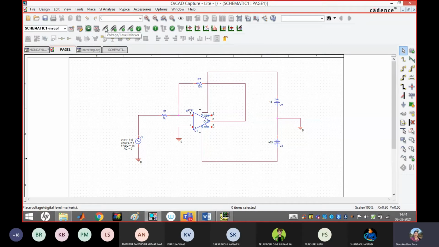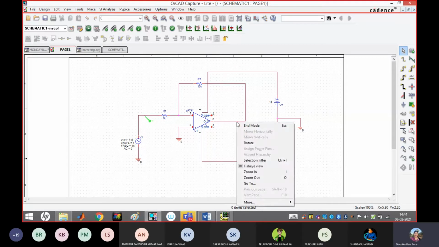If I take the mouse near these probes, these are 4 probes: voltage, voltage differentiator, then current marker, then power dissipation meter. So we need only the voltage level marker. First one at the input side after the source, in this direction, after the source before R1, and here at the output side. Okay, that's all.